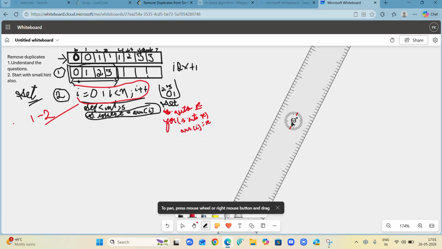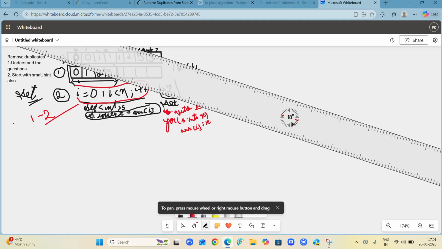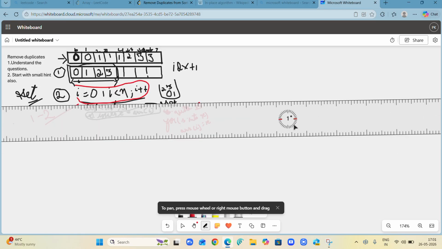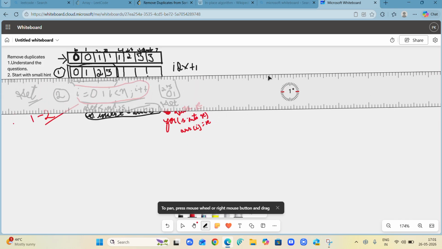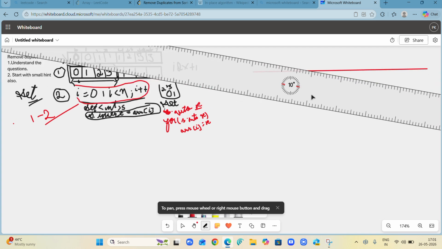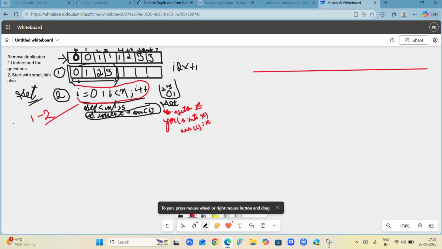It is taking time, guys. I'm going to create one more array, shifting it above. I'm going to create a separate fresh array to explain this time. Let's remove this button.